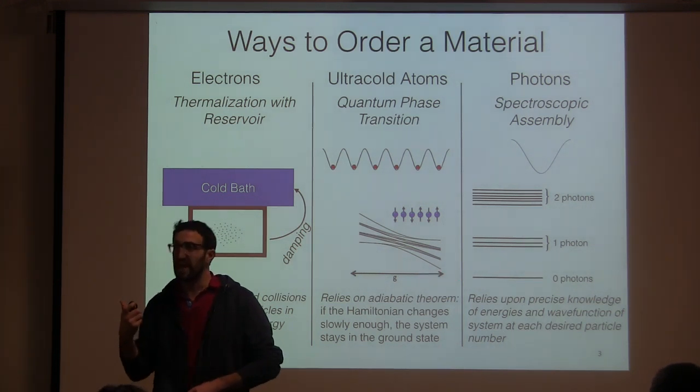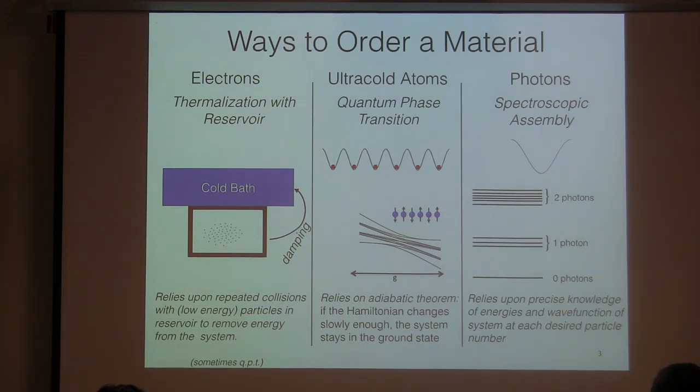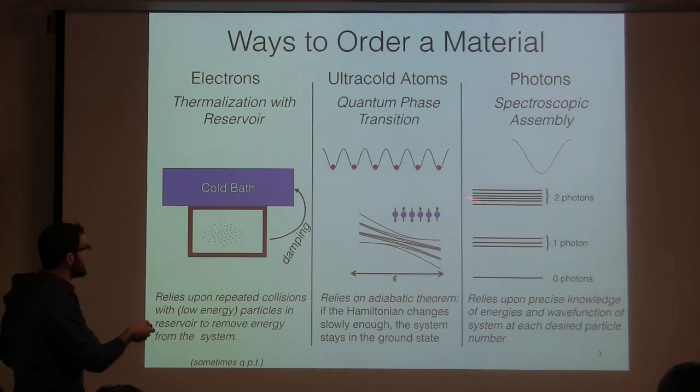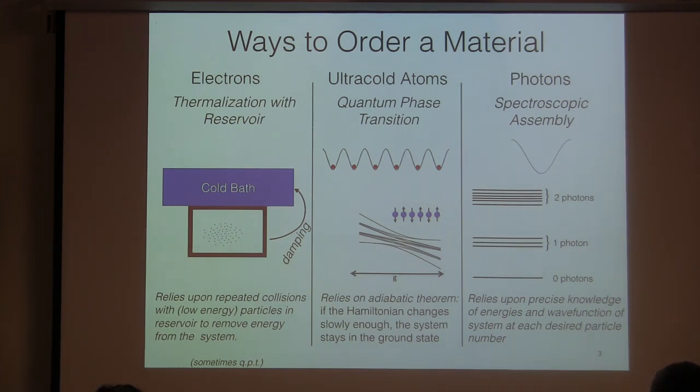Here, we were at 0 temperature. We were in the lowest energy state of the system, right? And in fact, it was quantum fluctuations. It was non-commuting terms in the Hamiltonian that took us from our spin-polarized initial state to this spin-full final state, or equivalently here from our superfluid to our Mott insulator. So this is what we call a quantum phase transition. And indeed, you can see these in electronic materials as well by changing magnetic fields, changing pressure, what have you.